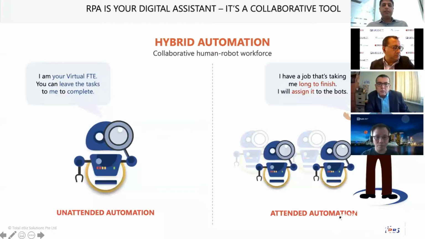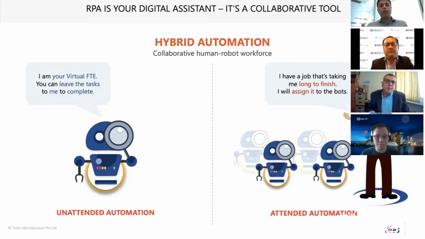Now, on the left-hand side, you could have a senior robot, which we call unattended automation. And you can pretty much assume that it is capable of doing multiple tasks at the same time. It can take a few processes. It can make some complex decisions for you. And as a full-time assistant for you, it can really be initiated, or it can be scheduled to run at a specific time of the day, and it can complete the task without intervention.